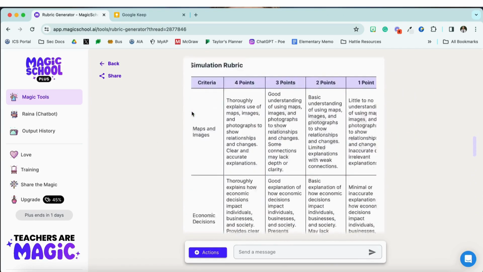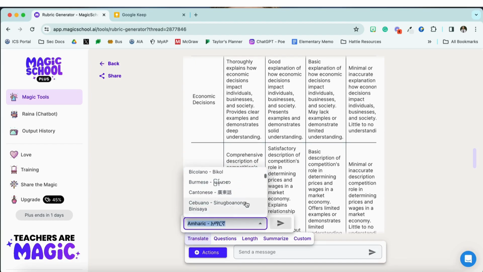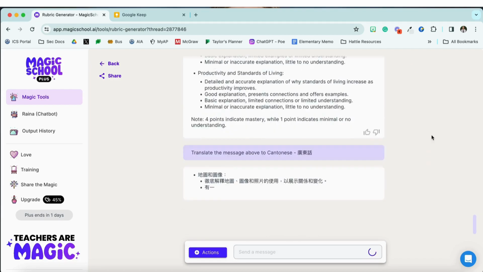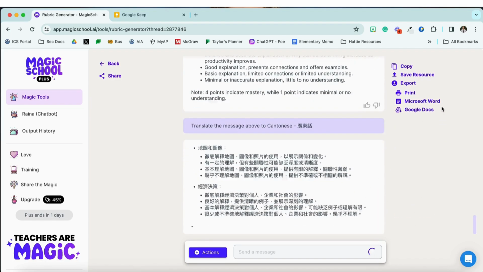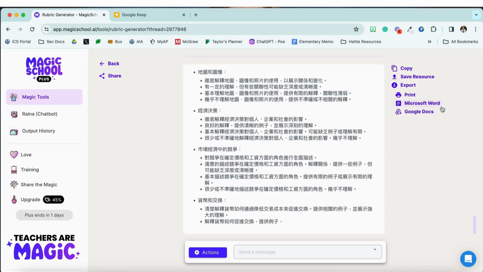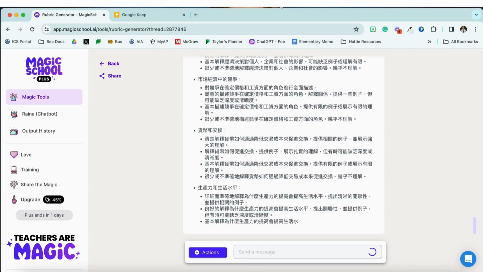Okay, the last action that I wanted to attempt with this one, again, we can customize it, but is to translate. Now, typically this doesn't happen except in extreme cases where a student might need it translated, but if we come here and we go into Cantonese, and we translate the message in the bullet points into Cantonese, now we have a translation there that we can use to inform parents or to help students if you have a student who's particularly struggling with the language and the process of what is expected in the